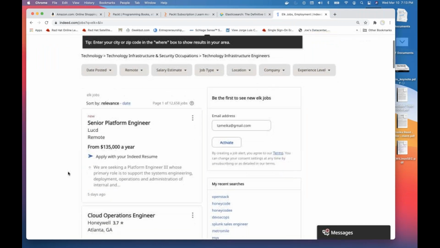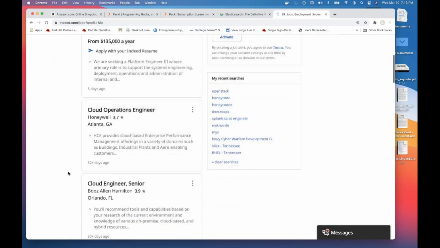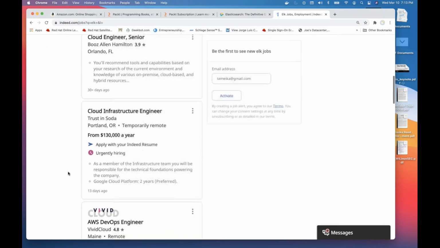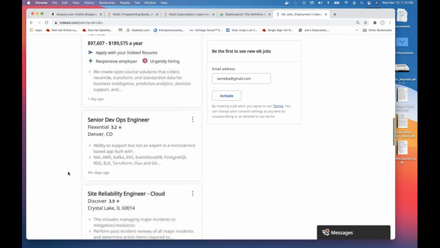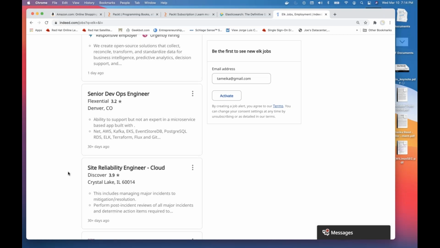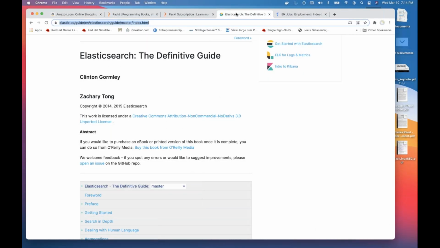So you'll see senior platform engineer, cloud operations, cloud infrastructure engineer, AWS DevOps, software architect. Like I say, it spans multiple careers, SRE. And the ELK stack, which is Elasticsearch, Logstash, and Kibana, are all three individual pieces, but together they help you do log aggregation, and even inside of the Elasticsearch,